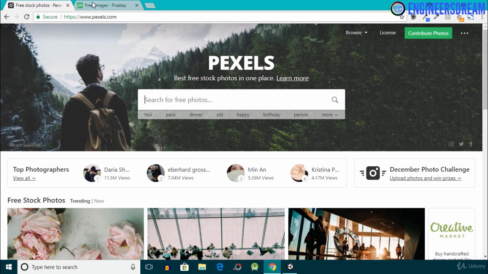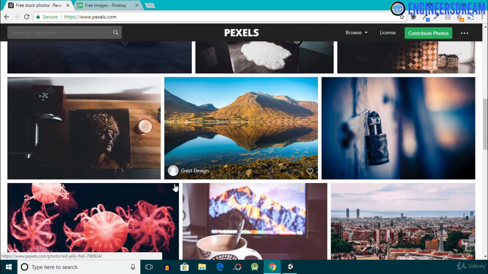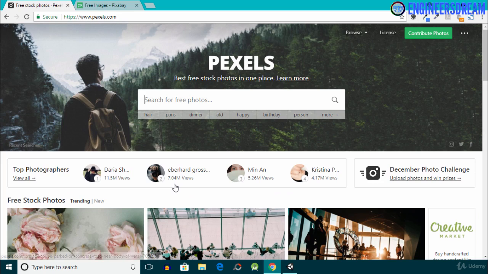Now the reason why I've opened these two websites is because the images which are available on these two websites fall under CC0 license, or Creative Commons 0 license, which basically means that we can use these images for personal as well as commercial use.